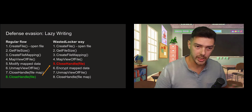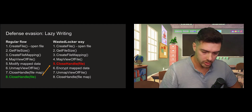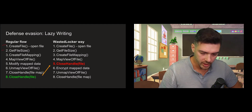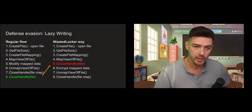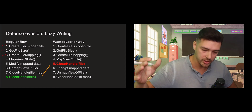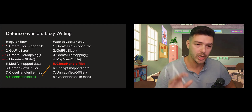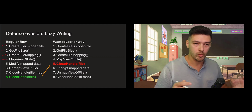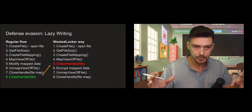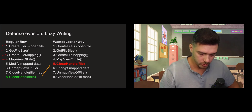the already edited file. Usually, this flow includes CreateFile. Then we need to understand how big this file is in order to map it into memory, so we need to allocate some buffer in memory. So we use CreateFileMapping and MapViewOfFile to map this file into memory. Then we can work with this mapped copy of the file in memory as with the original file. So we can modify this data. Then we call UnmapViewOfFile